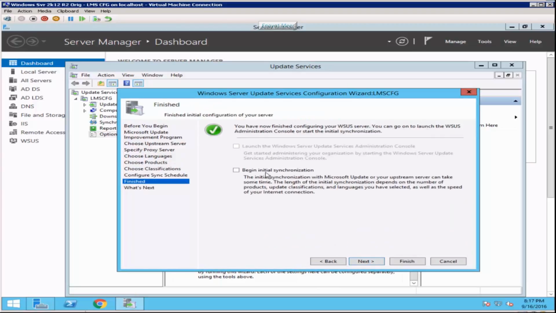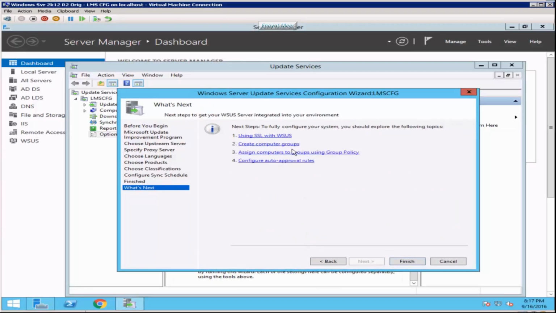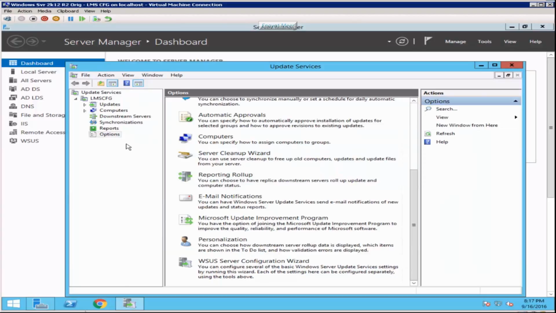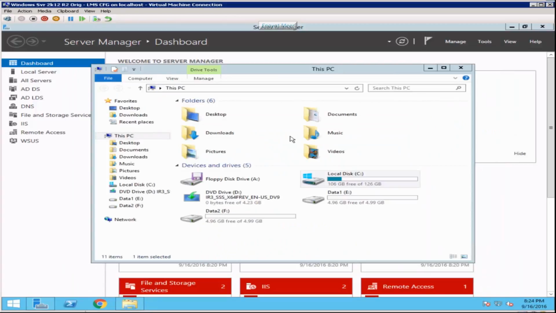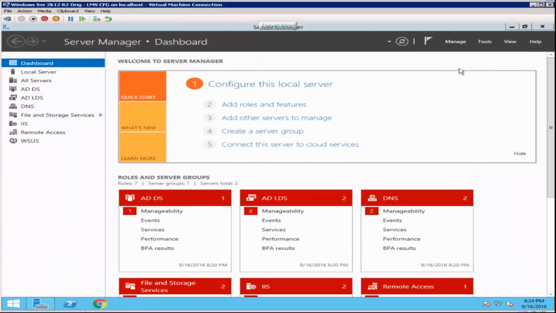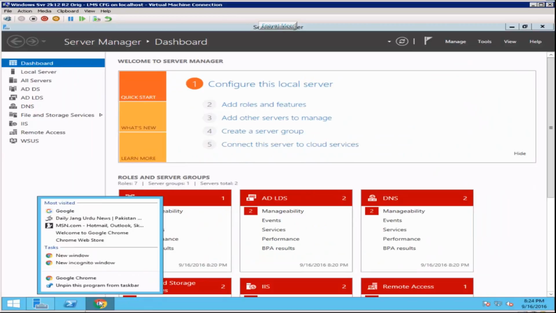I believe that would be ideal, and you can initialize synchronization. You can cancel whenever you want. If you don't want to configure anything now, you can also do it from Options, the last snap-in on the left side. So this will keep loading, and I'm not interested in keeping this up for now. So you do have what you wanted.